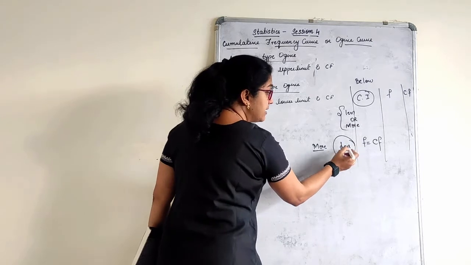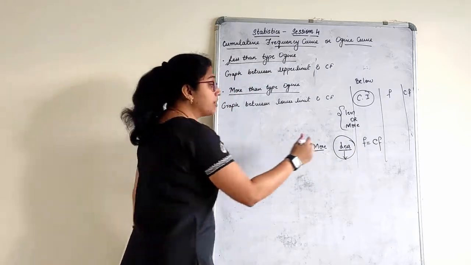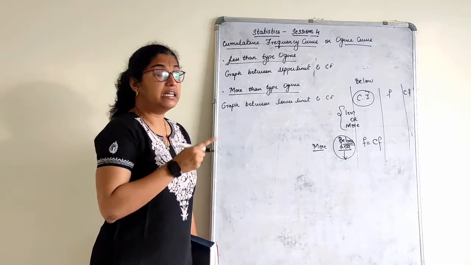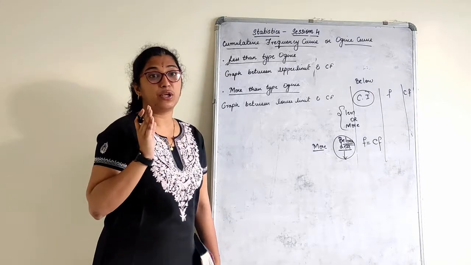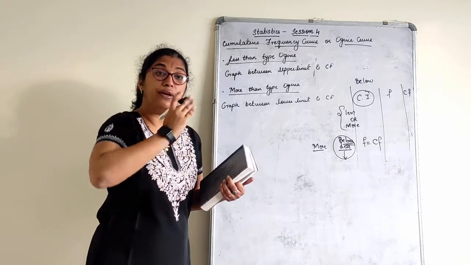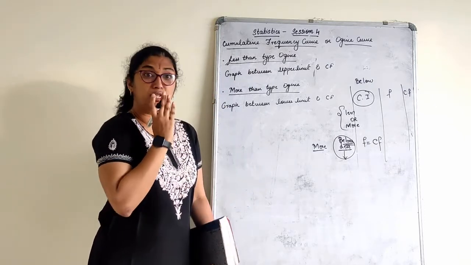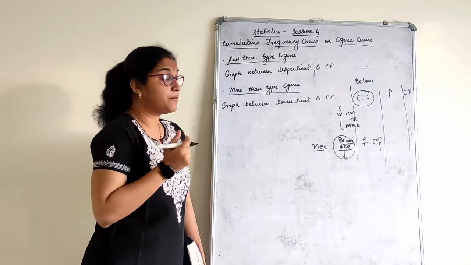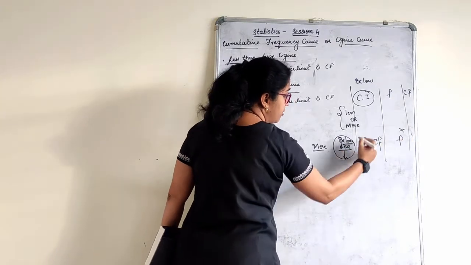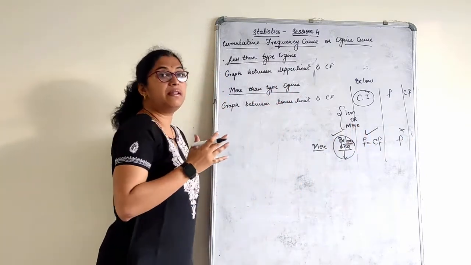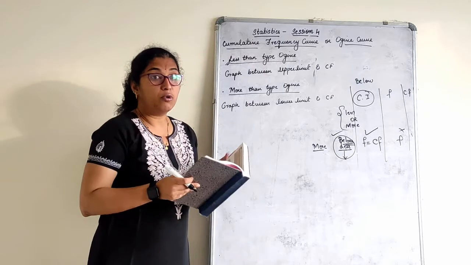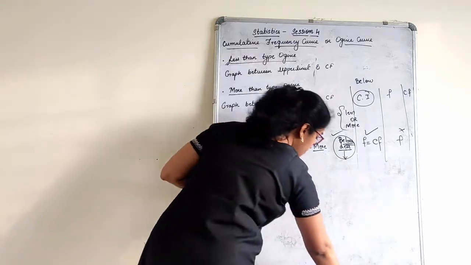I repeat, less than type of class interval given or below class interval given, right? We had one sum yesterday in median. The given frequencies are cumulative frequencies. But to represent it in the median form, we require to calculate frequencies, because frequency is required for the median formula. But in an ogive curve, frequency is not required at all. So our data is readily available with us. Plot the graph against what is given. I think you will be more clear once I actually start with the exercise.